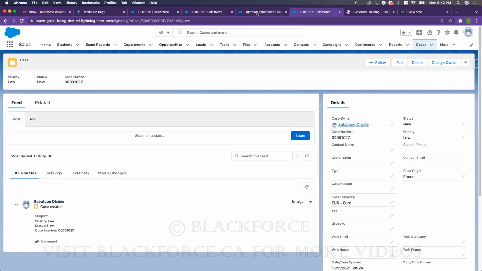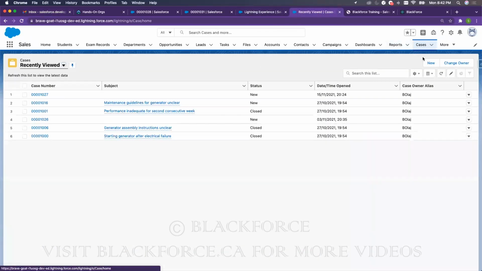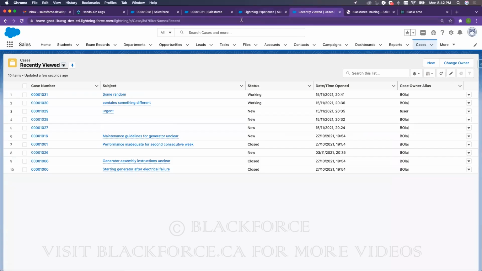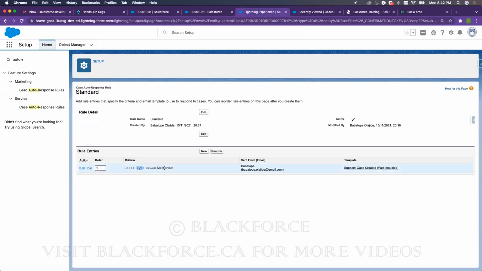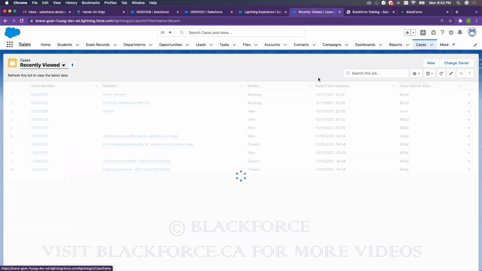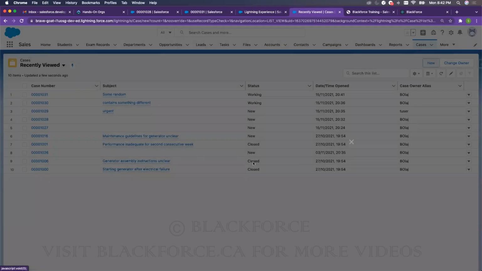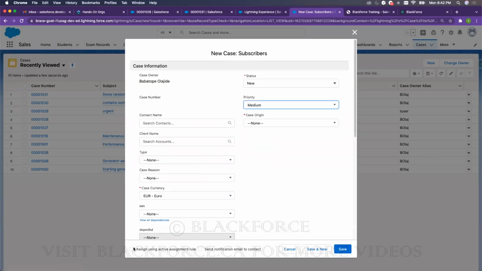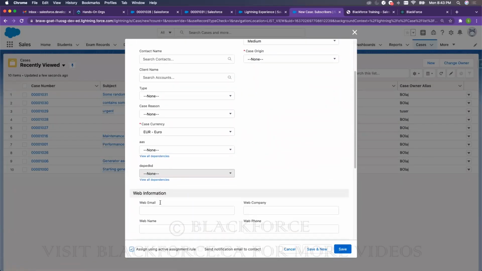Okay, I think I activated the active assignment, but let me check the criteria again. Equals mechanical, and it should be that, okay? But maybe there's some time delay, but I expect that should happen. Let's try that again, but we're going to go into another example, but make sure that this is typed and